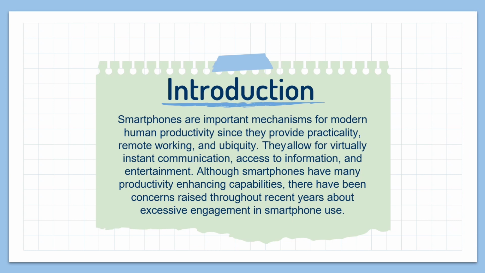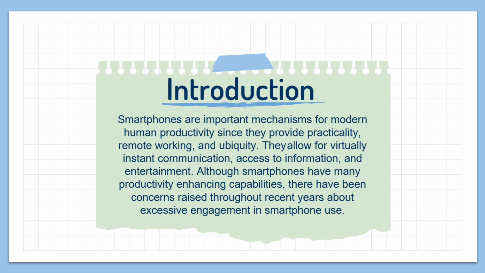Smartphones are important mechanisms for modern human productivity since they provide practicality, remote working, and ubiquity. They allow for virtually instant communication, access to information, and entertainment. Although smartphones have many productivity enhancing capabilities, there have been concerns raised throughout recent years about excessive engagement in smartphone